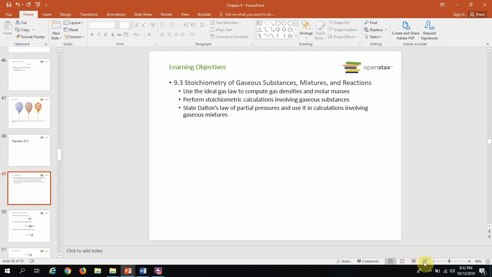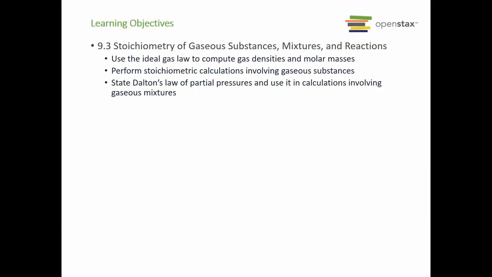So here we go. The stoichiometry of gas substances, mixtures, and reactions. Use the ideal gas law to compute gas densities and molar masses, perform stoichiometric calculations involving gaseous substances, state Dalton's law of partial pressures, and use it in calculations involving gaseous mixtures. The second one is especially important because